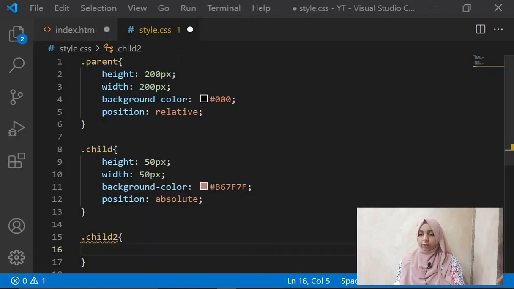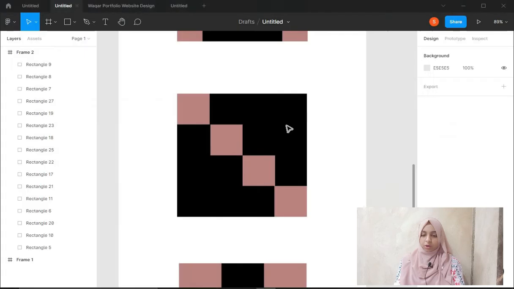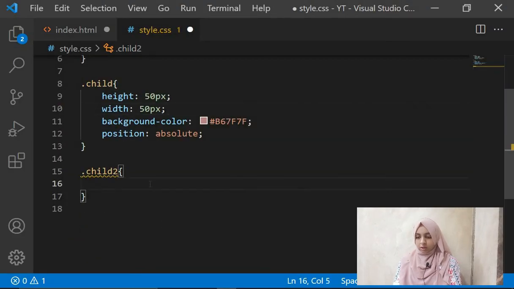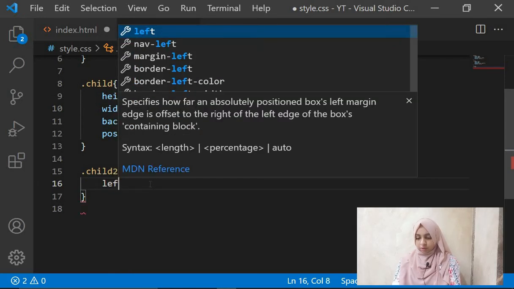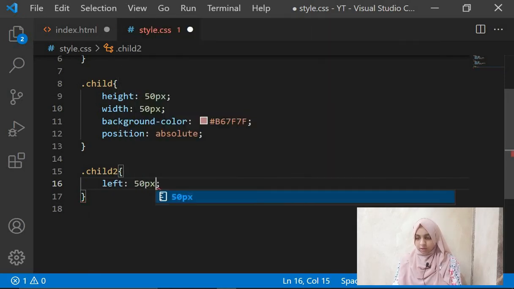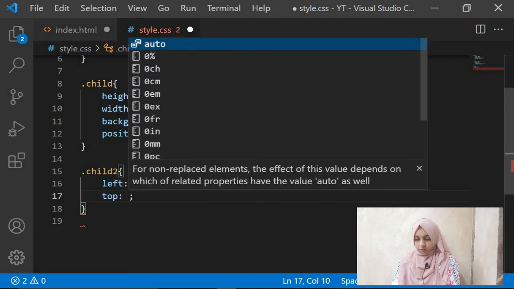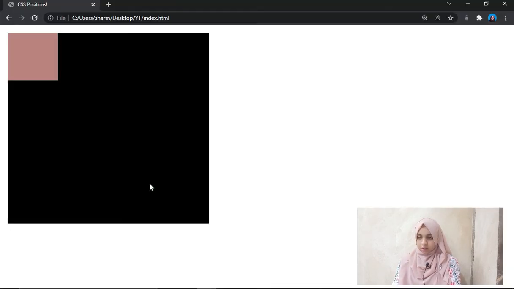It's a 200 by 200 pixel div, and these are your 50 pixel children elements. So you want this div to just be 50 pixels down from the top and 50 pixels from the left. So you can give your second child a left of 50 pixels and a top of 50 pixels.